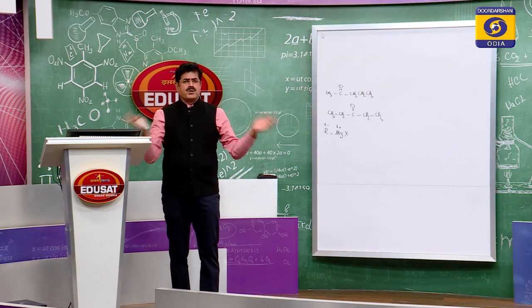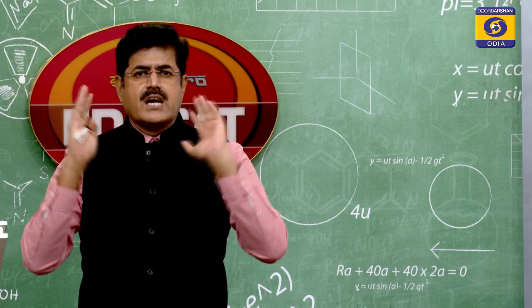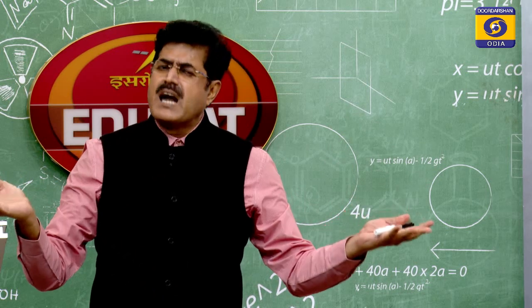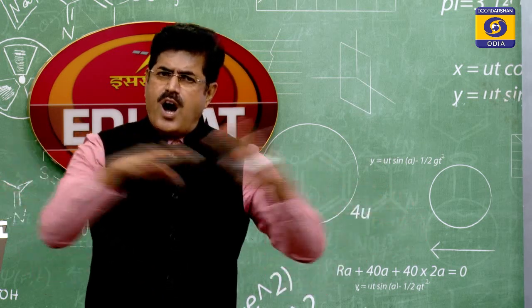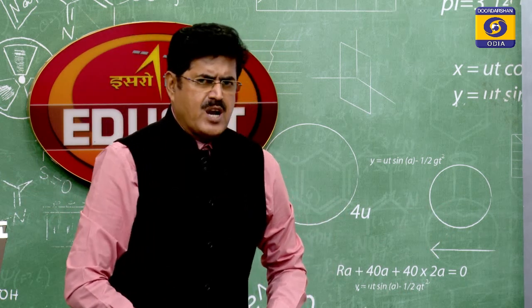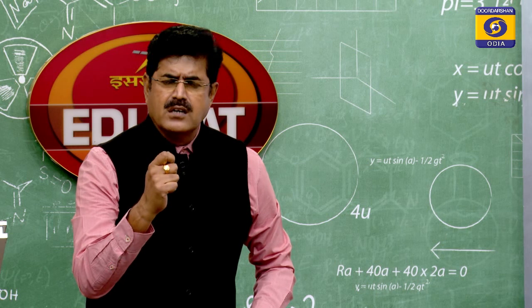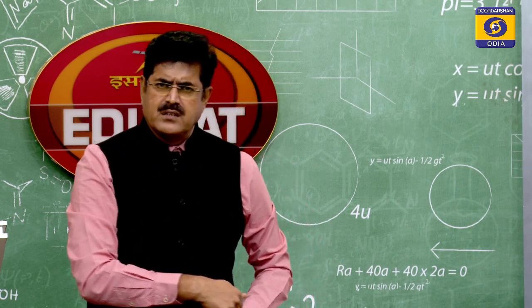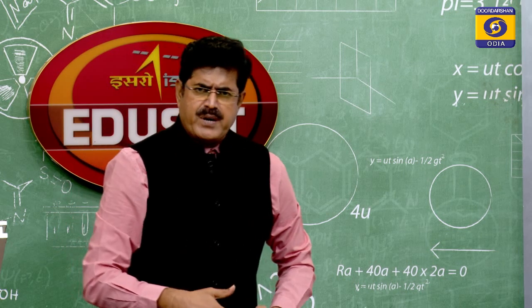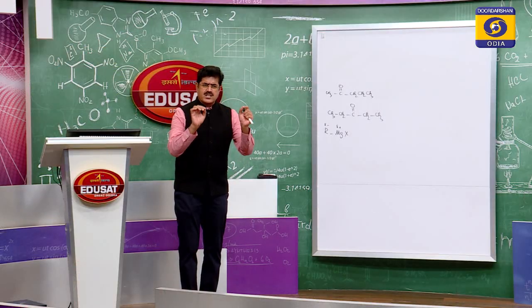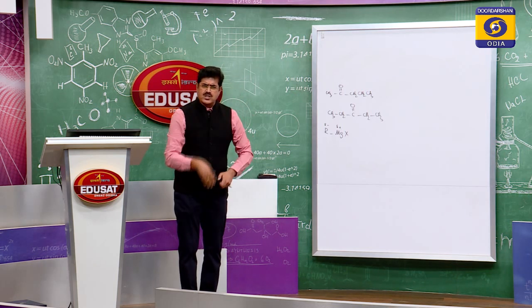What do you mean by secondary carbon? Carbon attached to two other carbons. Tertiary alcohol, OH attached to tertiary carbon. What is tertiary carbon? Carbon attached to three other carbons. So, all the three types of alcohol can be prepared by addition of Grignard reagent to carbonyl compounds. This is very important. Students, from the point of view of the exam, CHSC 2021, this reaction is also very important because we can prepare all the three types of alcohols.